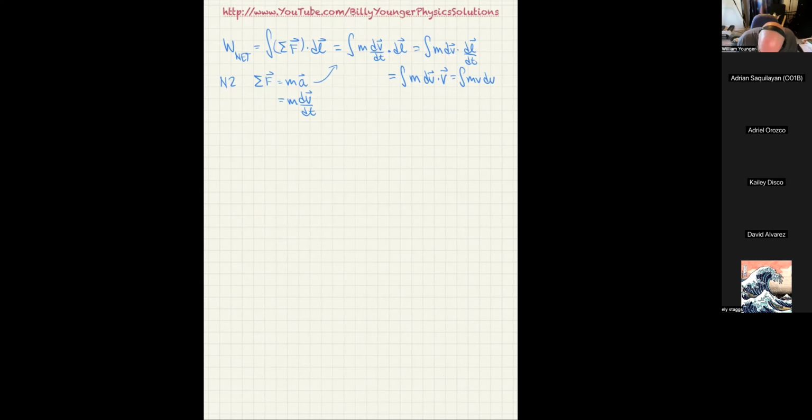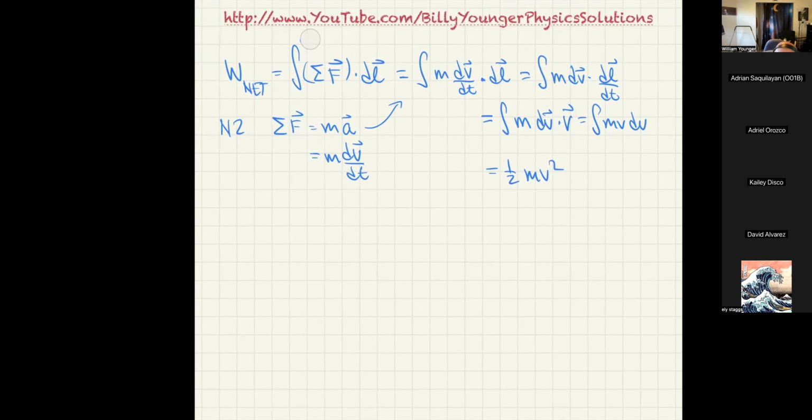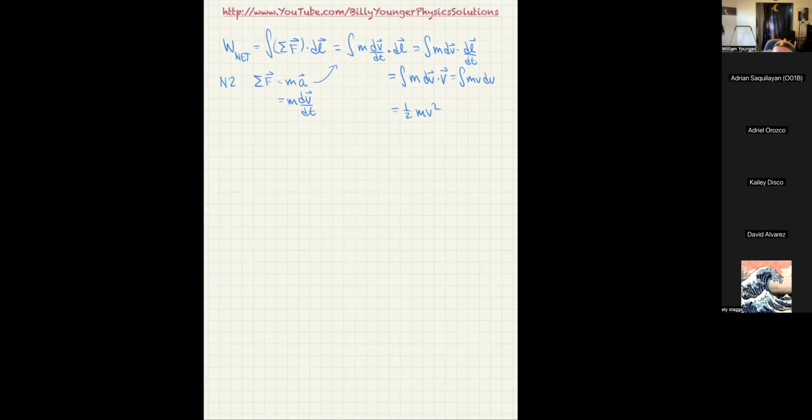Well, the integral of m v dv is 1/2 m v squared. And therefore, if you wanted to imagine doing this from, let's say, x initial to x final, then you would write that limit of integration as x initial and x final. But that doesn't make much sense now because the variable that we integrated with respect to has completely changed from the dl to a v. So it would be better to go ahead and call this from